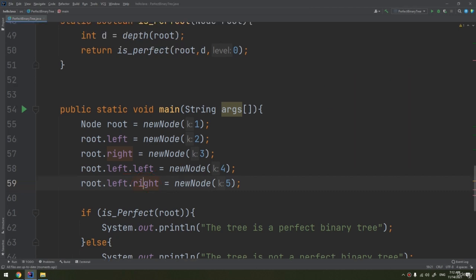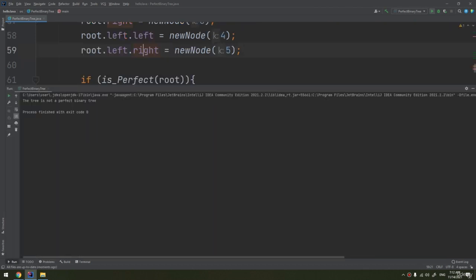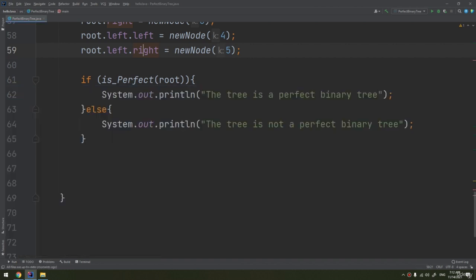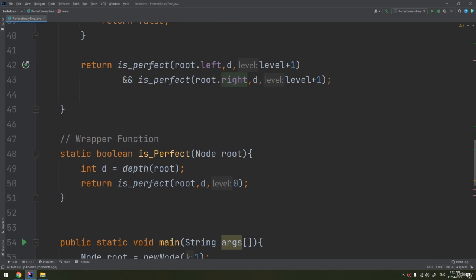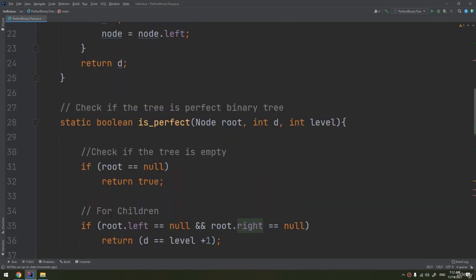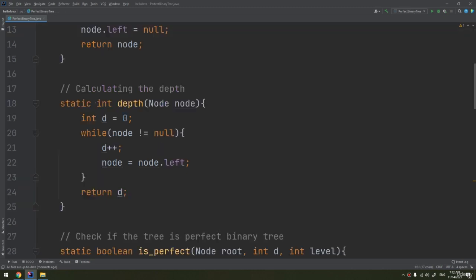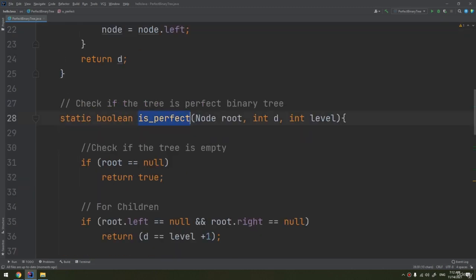And I think you guessed it because they are not at the same level. So nodes are not at the same level. It is not a perfect tree. Let's run and see. And here we go. The tree is not a perfect binary tree. So we have solved this exercise number 83, and we have created our perfect binary tree, and we have created this method that checks if it is a perfect binary tree